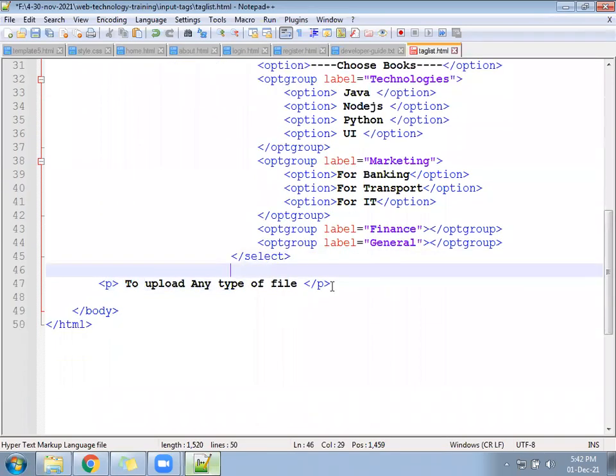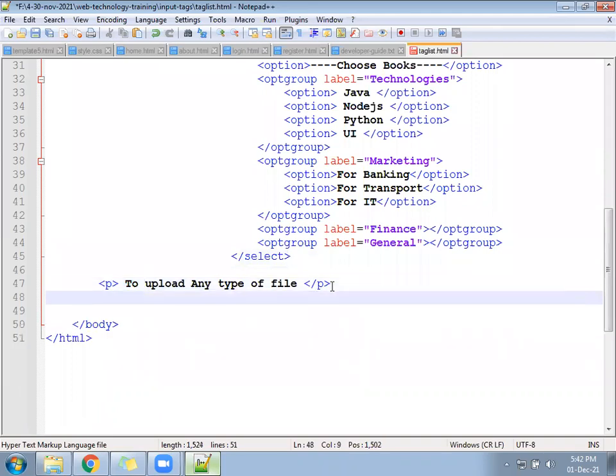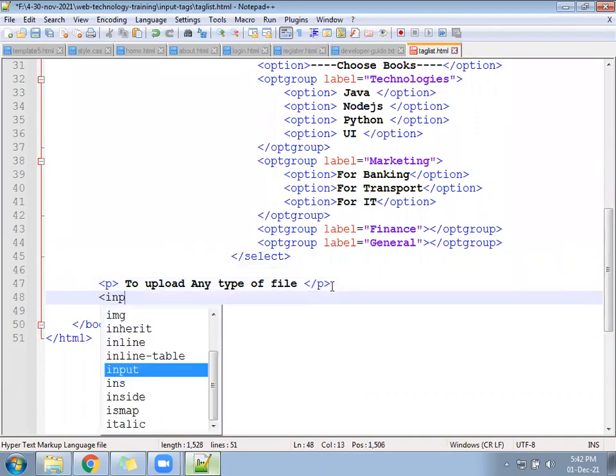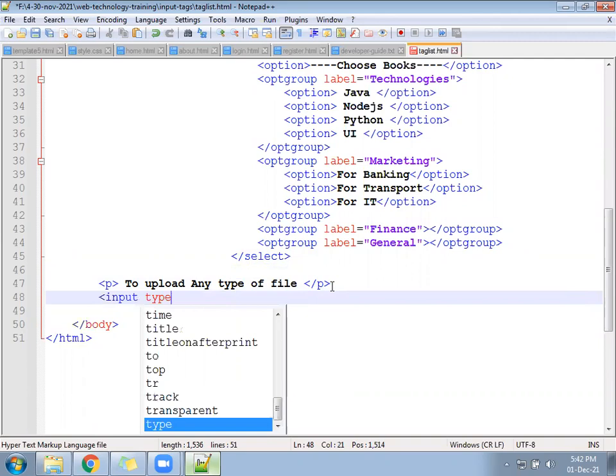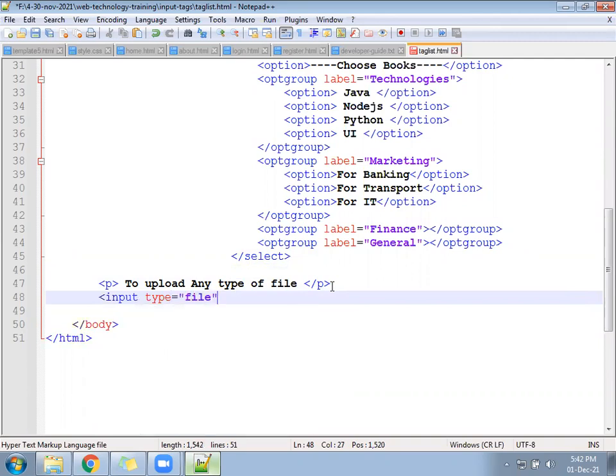We have an option here: input type equal to file. Check. It will give you a browse option. Using that we can browse and upload something.